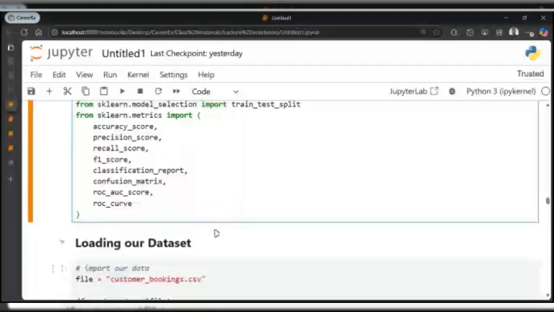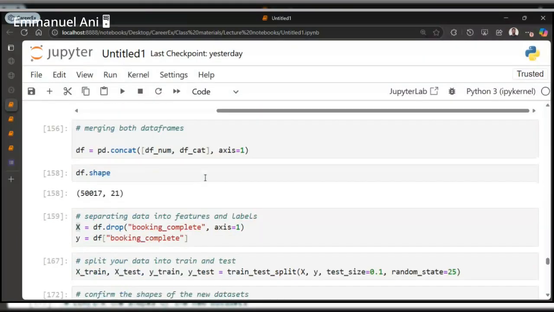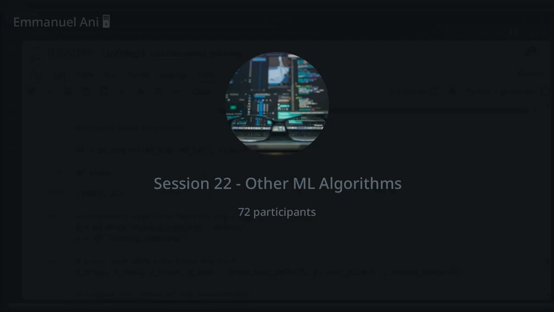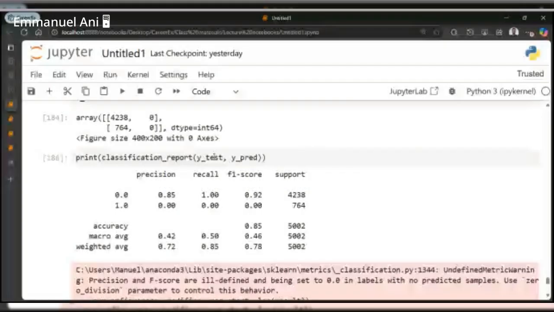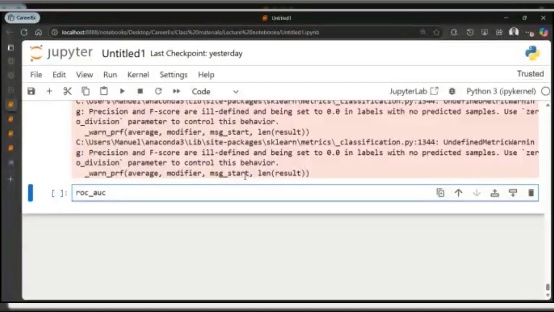All right, great. So we have ROC AUC score and ROC AUC curve. So we can actually get our ROC AUC score.